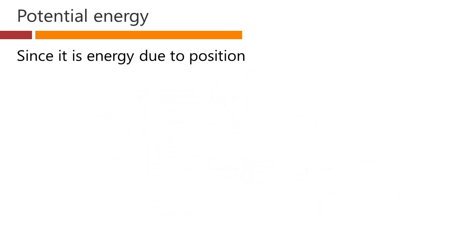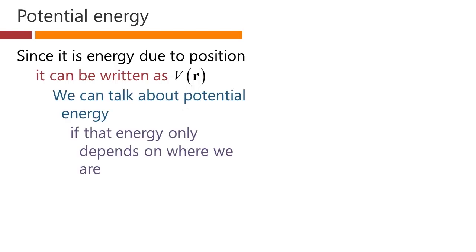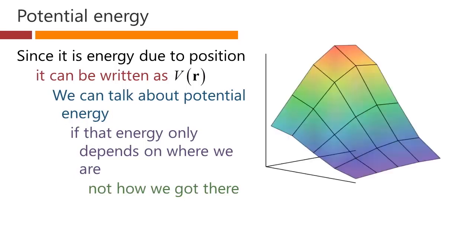Now, since potential energy is energy due to position, it can be written as a function of the vector position r. So we'll often see this, V of r. And we can talk about potential energy only if that energy depends only on where we are and not on how we got there. So if we look at this hill here and we put ourselves at some point on the hill,